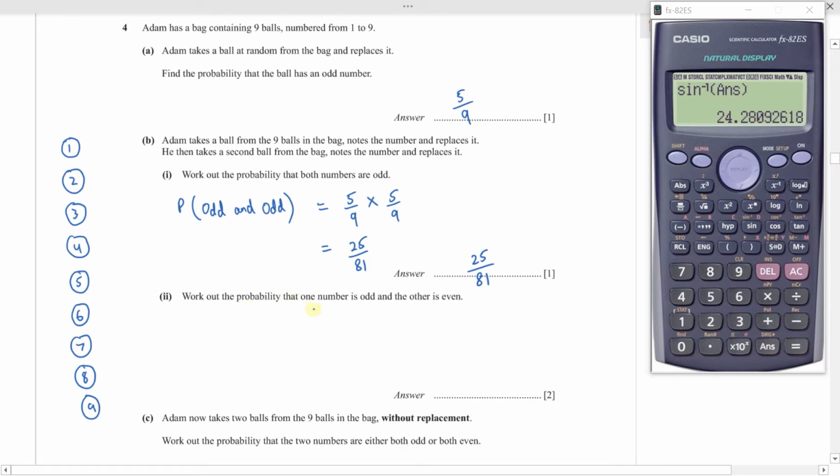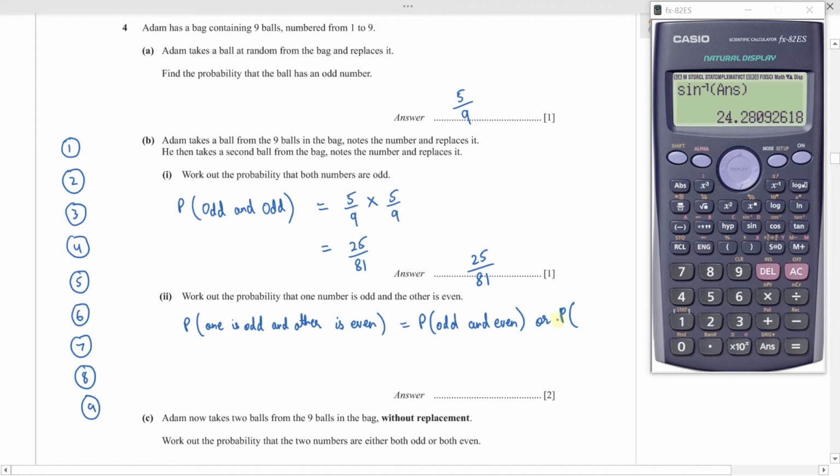Work out the probability that one number is odd and the other is even. So you have to find the probability that one is odd and the other is even. So how can you get one odd, one even? That means when you pick the first one, you get odd, and when you pick the second one, you get an even number. Or